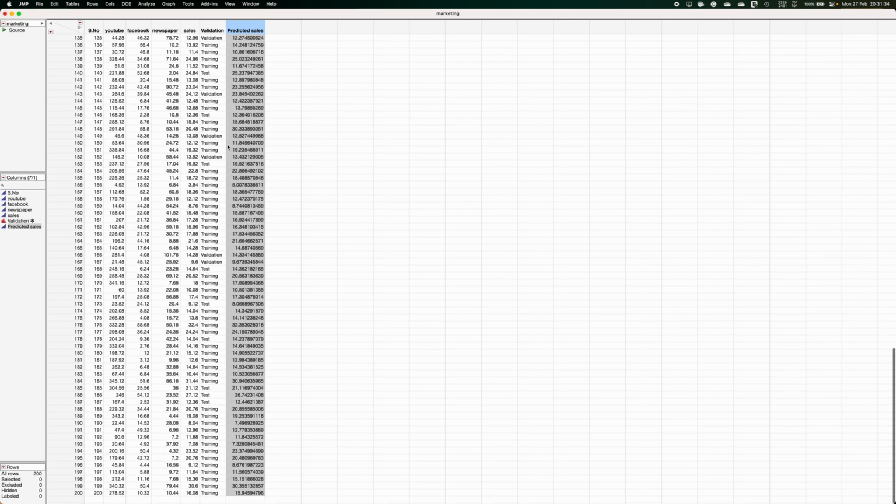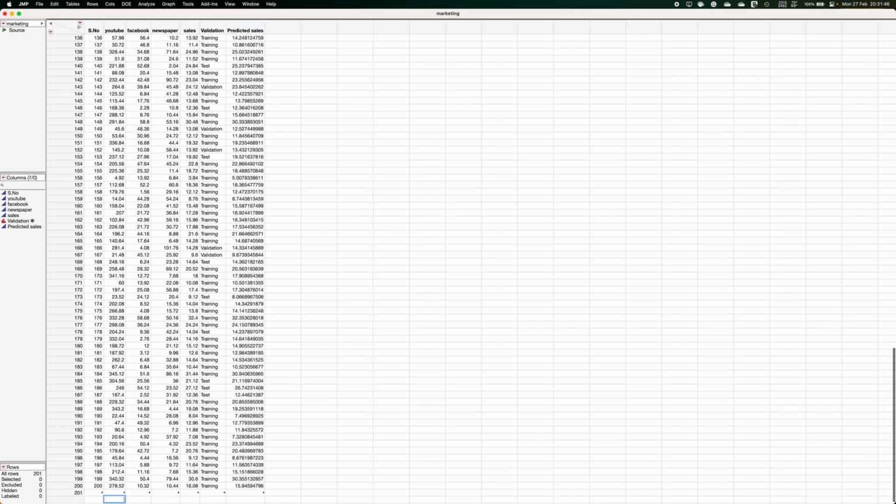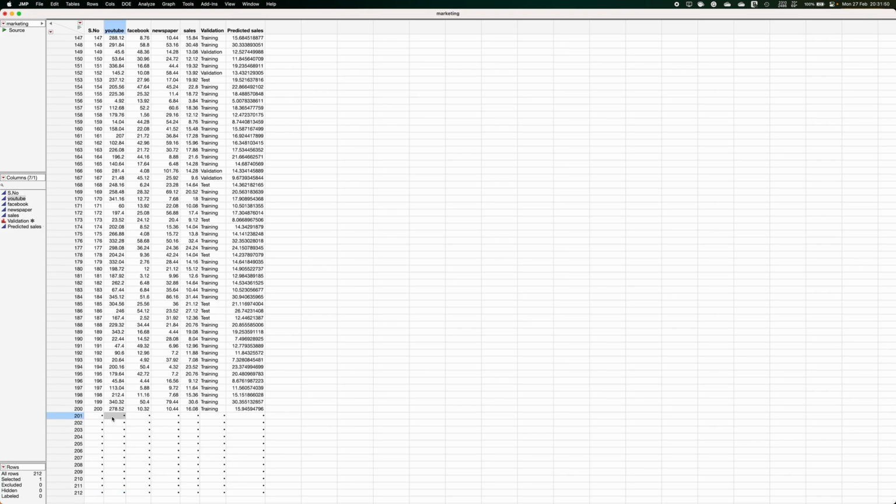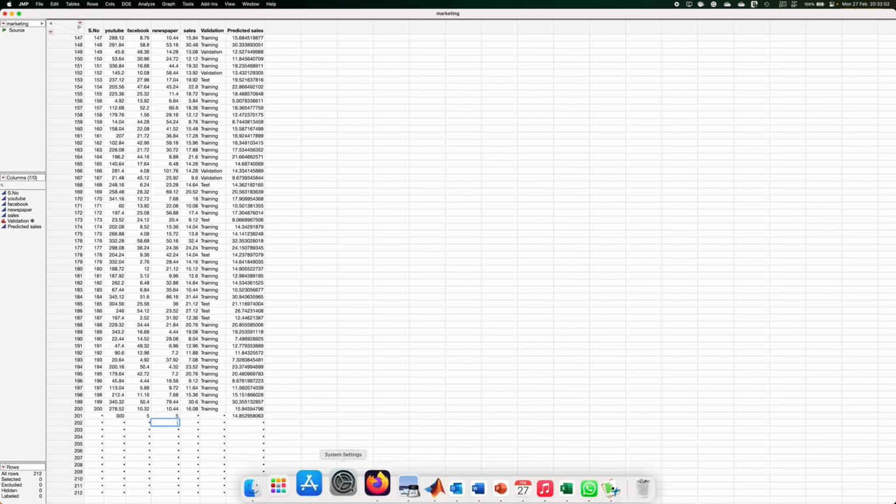And let's say you have 100 rows, some rows from future data points you get, around 100 rows. So you can copy and paste those data points here, and it will generate the output for them. Let's say I select any random data point, 300, 5, and again 5. So it will tell you what the predicted sales is. You can do the same thing with